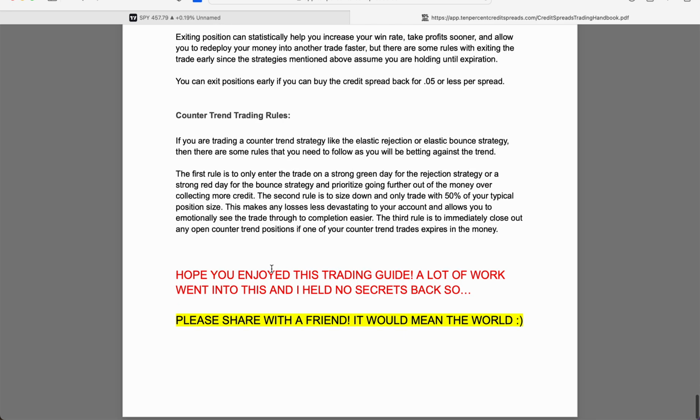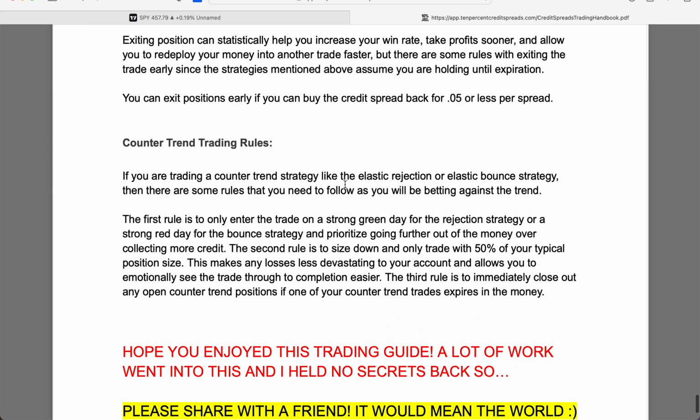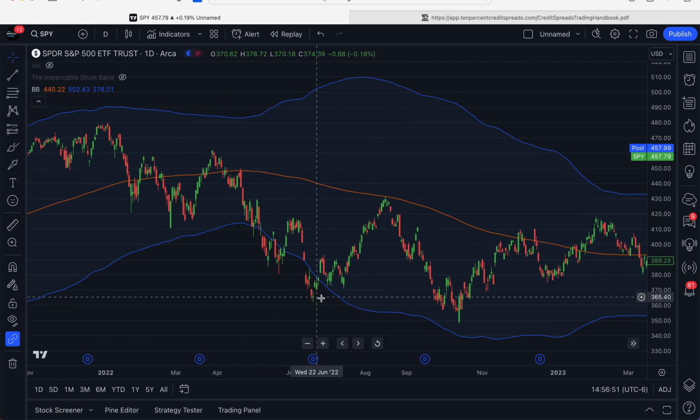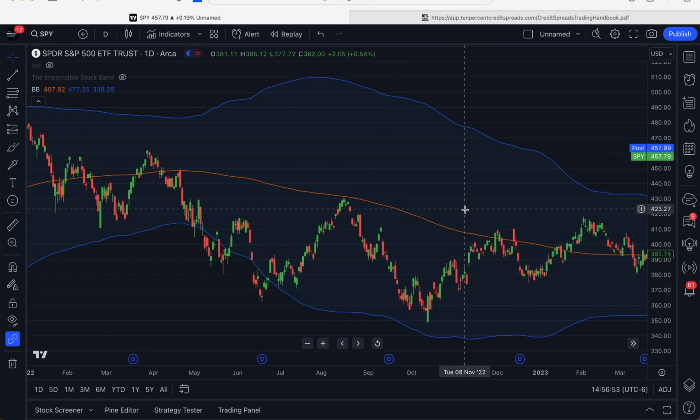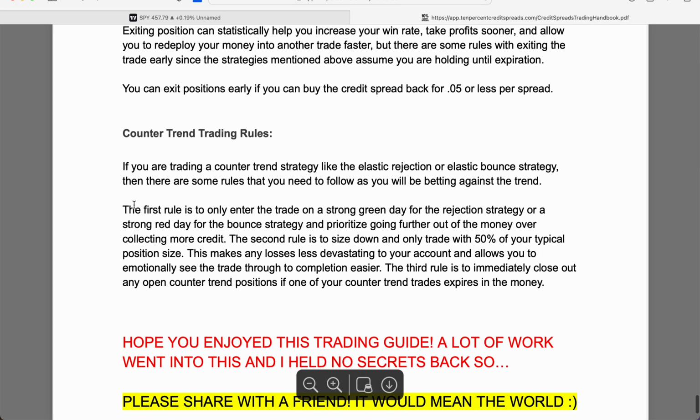Okay, so counter trend trading rules. Let's zoom in. All right, if you are trading a counter trend strategy like the elastic rejection or bounce strategy, which we talked about yesterday, which means that if you're trying to predict the top and trade it on the way down, or predict the bottom and trade the bounce up, again, you need to follow these rules. So again, this is what's going on. The first rule, only enter a trade on a strong green day for elastic rejection or a strong red day for